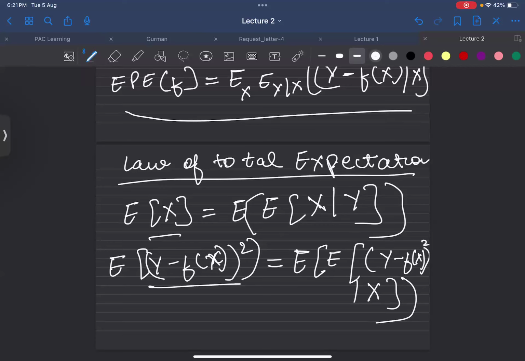Is it fine? Last time you all were having so much of a problem. Now we are given X. The same thing. It's the law of total expectation we are applying. Fine. I've derived this. If you want to see how this formula comes, you can see that recorded video. But many were having doubts, so that's why I'm not going into detail on how this formula came. So just writing this in the form of this. Should we proceed?